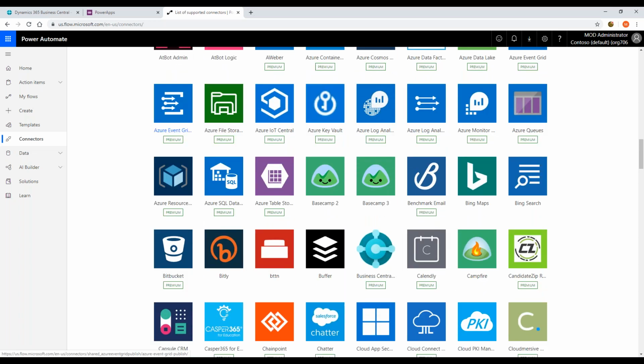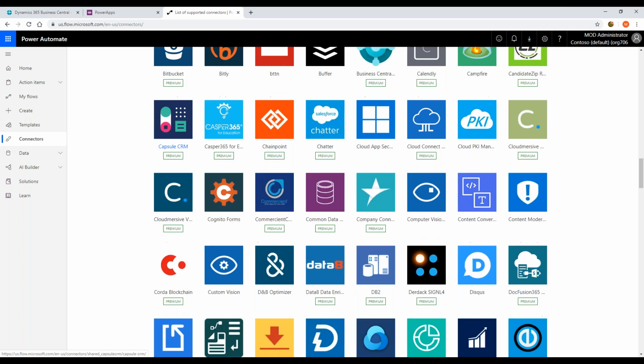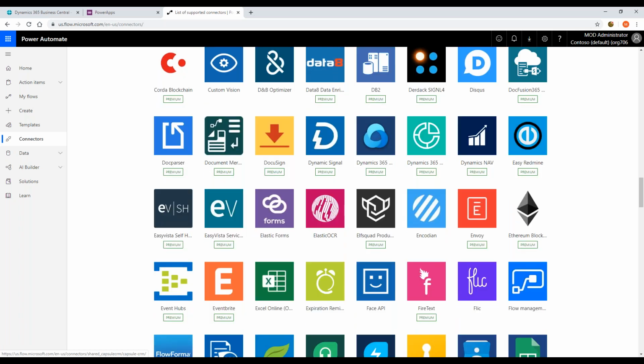Basecamp, data project management tools. You see a host of connectors that I can now leverage either data into or out of, or just processing alongside transactions that are in Business Central. So possibilities are endless. Key thing on the whole Power Platform is this data component that I want to talk